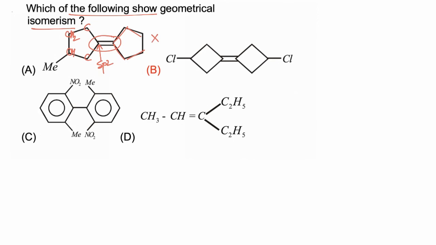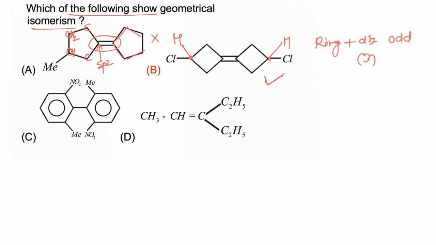Now if we take example B, now in this molecule this is combination of ring and double bond. So any molecule which is having combination of ring and double bond, and number of ring plus double bond is equal to odd with different units on terminal will show GI. Now this molecule is having 2 ring and 1 double bond, so value is 3, so odd. Now units on terminal are different, H and Cl, so this molecule will show GI.